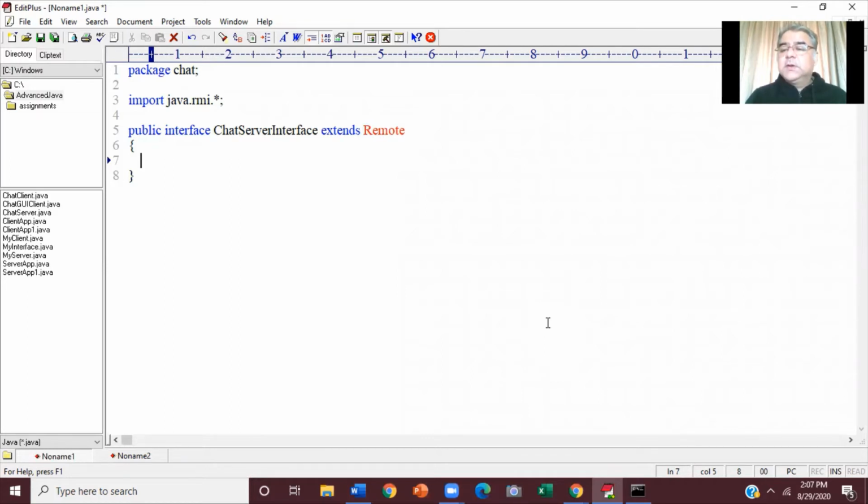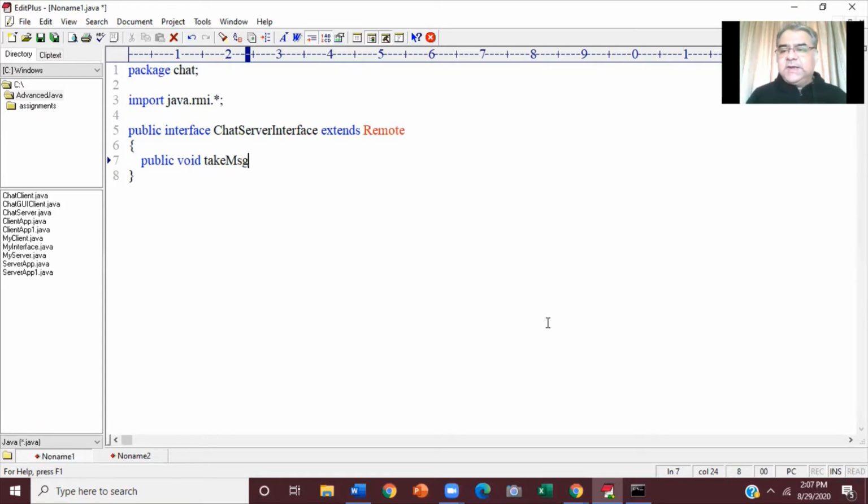And what about the return type? Is that method going to return anything? No. The server is just going to take that message. Once he gets it, he's going to broadcast it. He's not going to return anything to the client. So how should the signature of that method be? Something like this: public void, the return type will be void, the server is not going to return anything. takeMessage. The client is calling this method on the server, and will pass his message as argument.